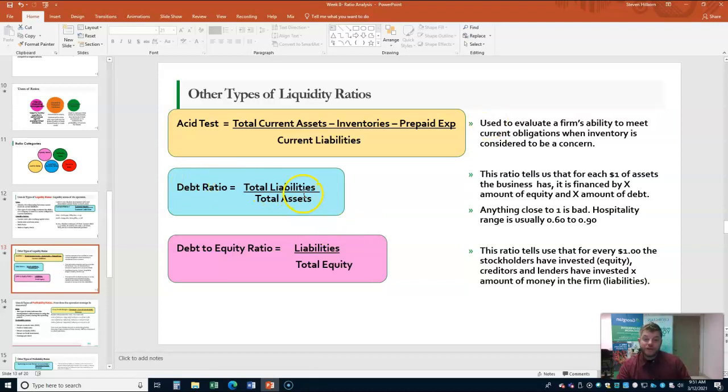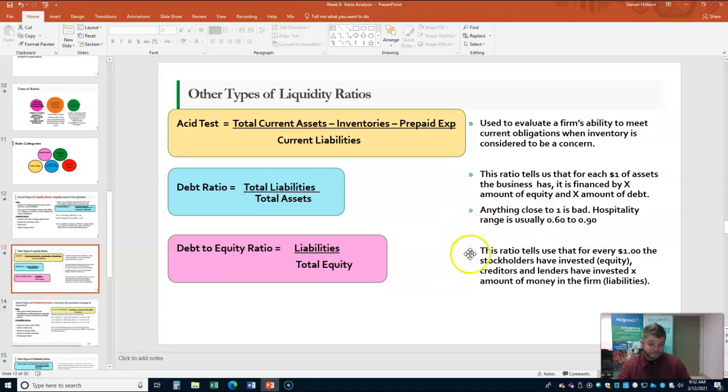The debt ratio is kind of just the total liabilities divided by the total assets. So it's a little bit more long-term. And this ratio tells us for each $1 of assets the business has, it is financed by X number of equity and X number of debt. So anything close to 1 is bad. And the hospitality range is usually 0.6 to 0.9 because hospitality is a very risky industry